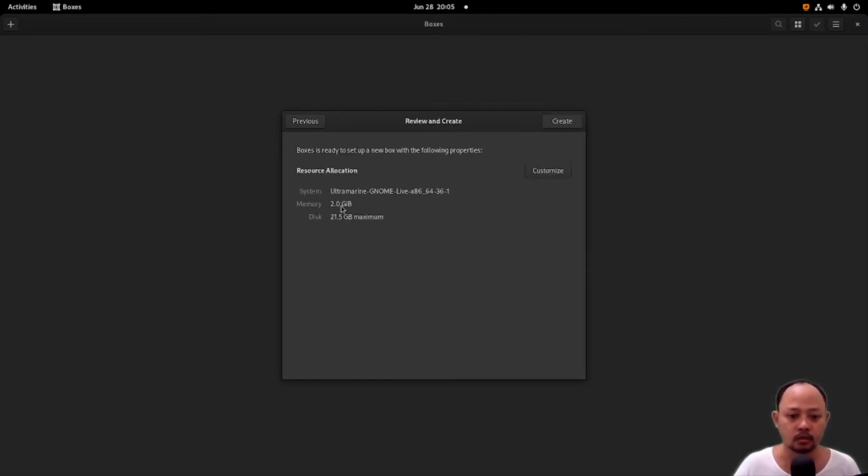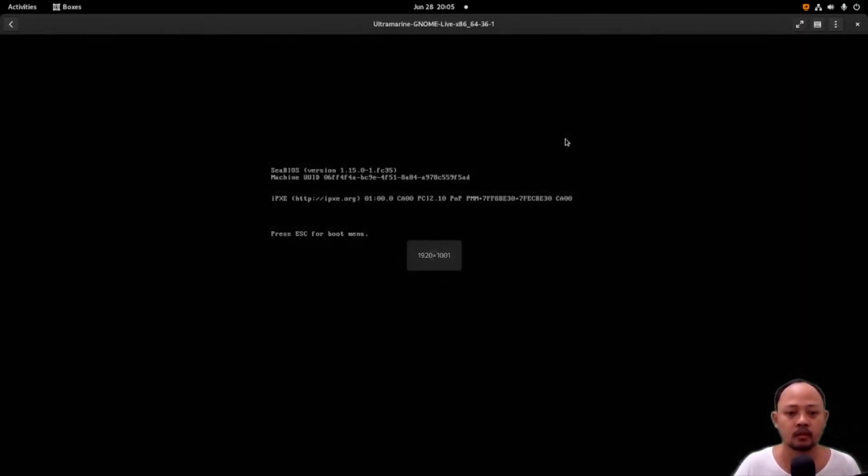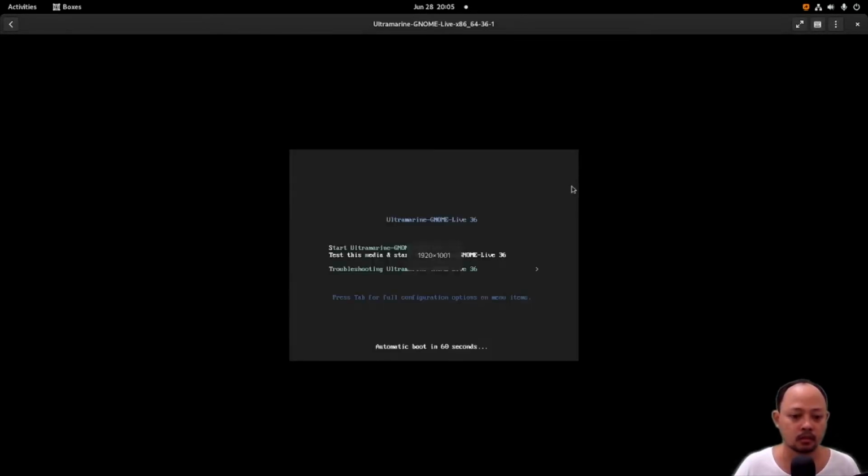And then the memory 2 GB, that's correct. And the disk, it's correct, 21.5 GB. Okay, click create. And then start the boot process. I will choose to start the Ultramarine GNOME.